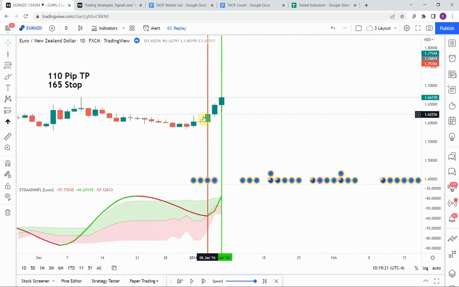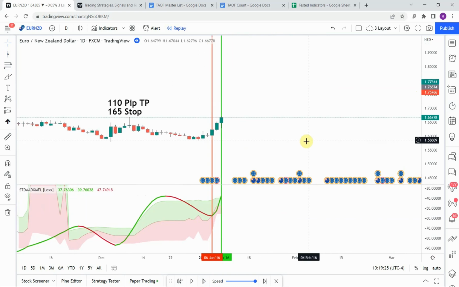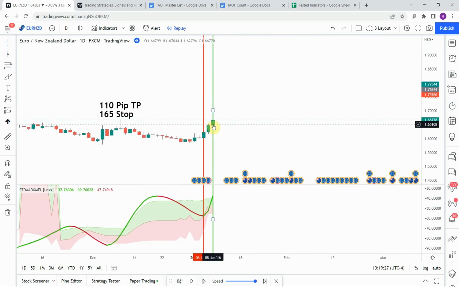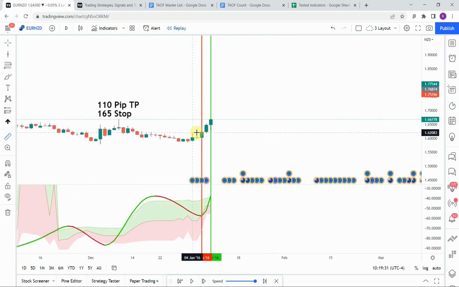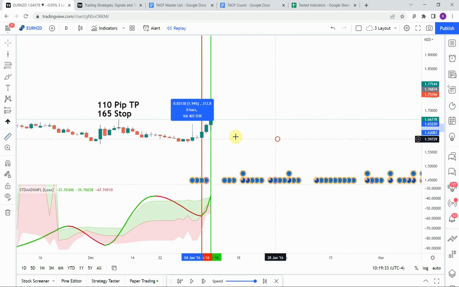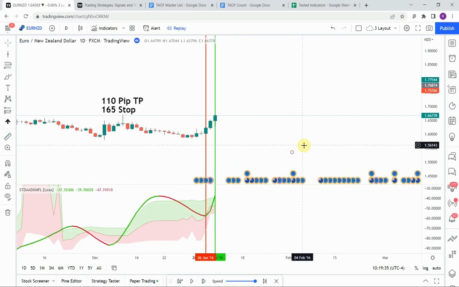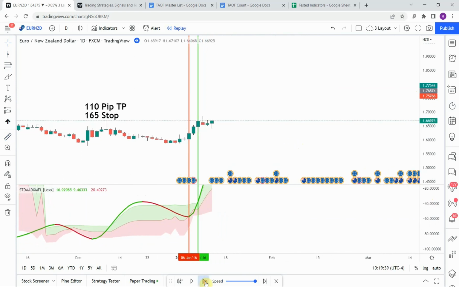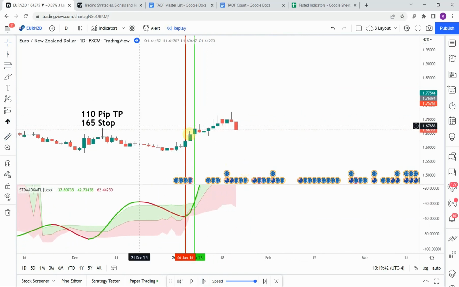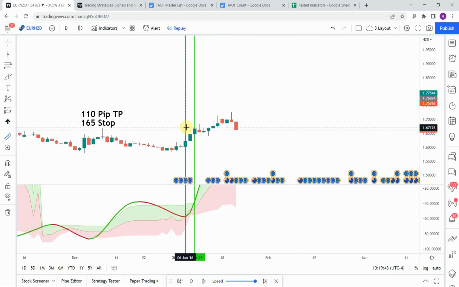And unfortunately, you can see that we get an immediate push to the upside there. That one does come up and stop us out, or at least did on this one. Pretty sure it stopped us out on this big long candle right there. Then the second one we picked up was that long there,